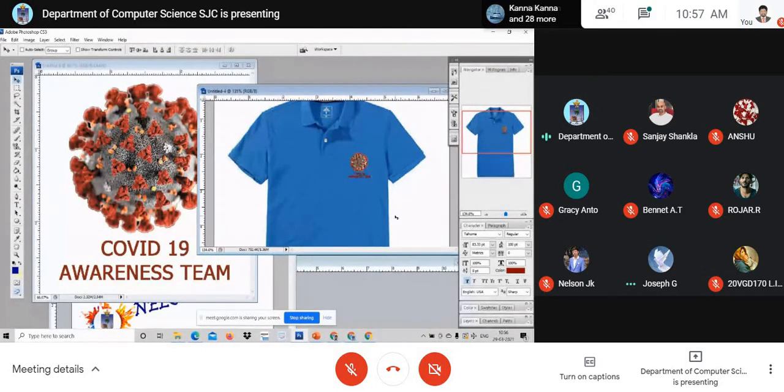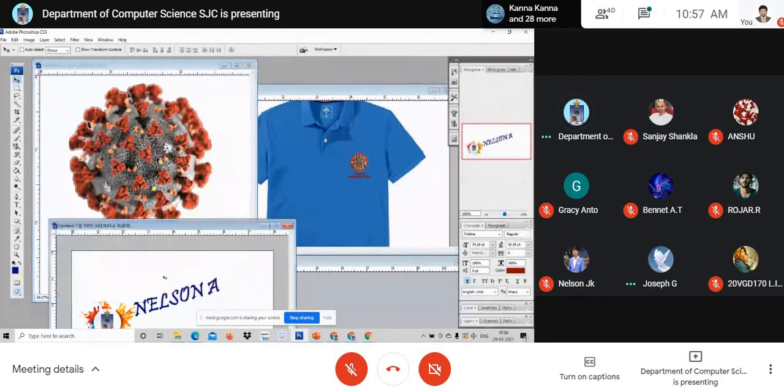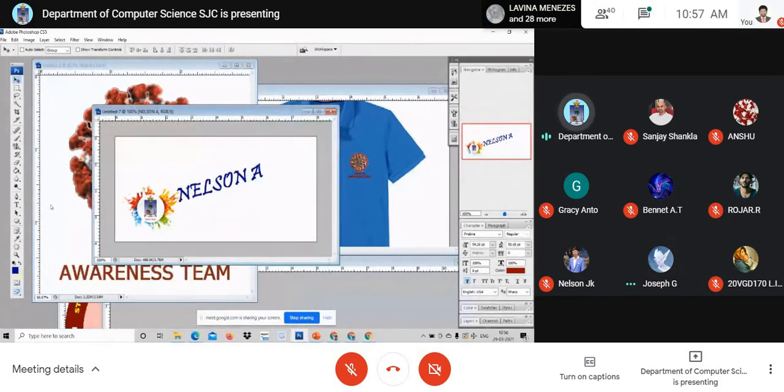And at the back, how can you do it? Let us maintain social distance, or let us keep off COVID-19. Something like that.